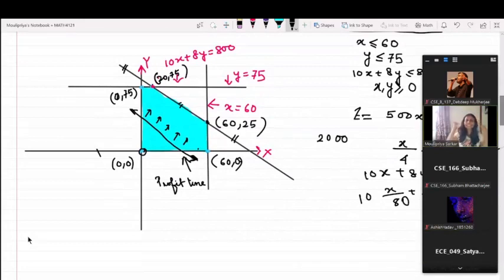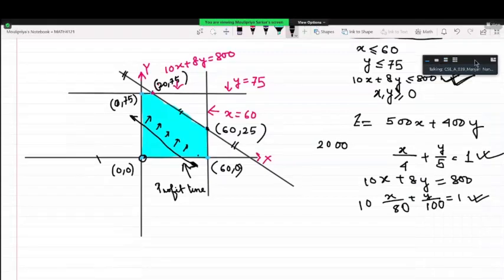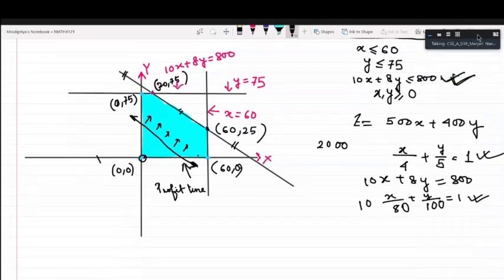So tell me one thing, is this concept clear to you? That we can have infinitely many solutions? Ma'am, I have a question. Yes, tell me what question. Ma'am, the concept you just said, everything is happening because the slope is same, right? Exactly. But the slope is again same because you took z equal to 2000.